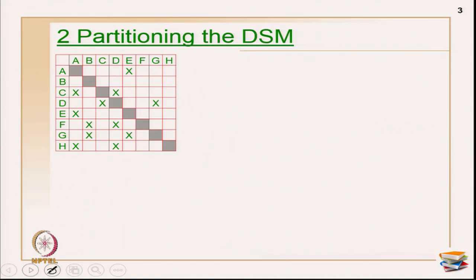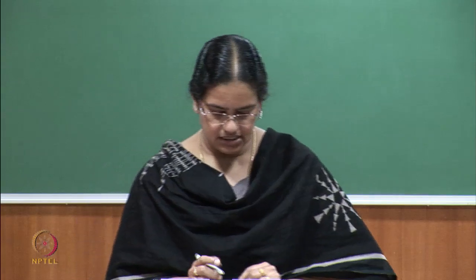So, this is my original DSM. Now, I have to know what is the sequence of executing this particular example. That is the main concept in partitioning. Again, I am just making you recollect: partitioning is resequencing the rows and columns in such a way that you can identify the independent and dependent activities and also the block formations. That is the main objective of partitioning a DSM.